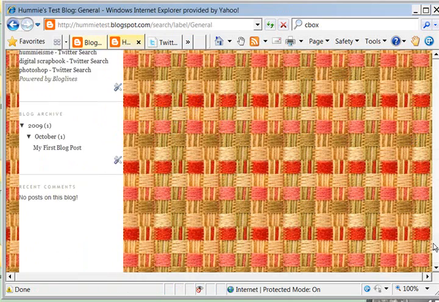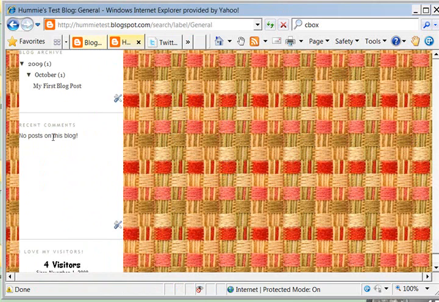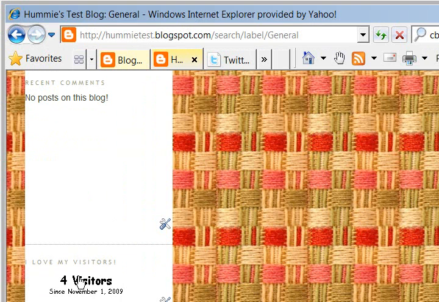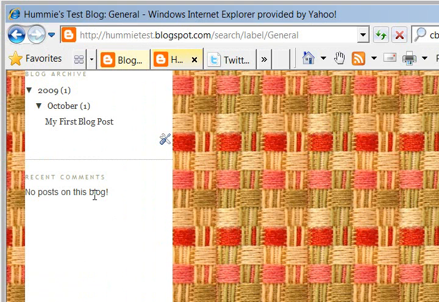But it's down here. See, and it says no posts on this blog. Oh, the poor thing needs a comment. And oh, we're up to 4 visitors. See, I told you it's kind of addictive. And so